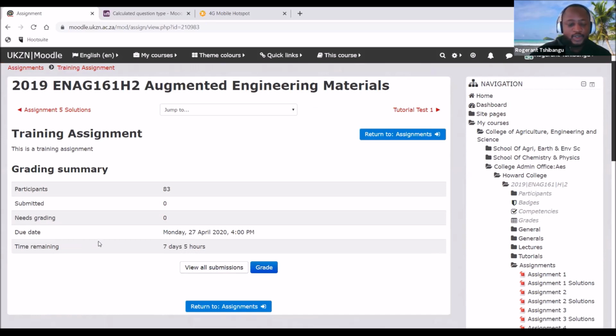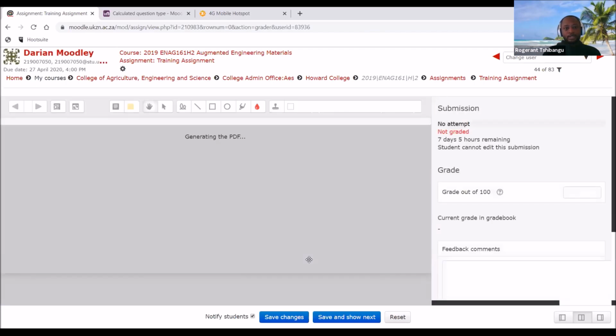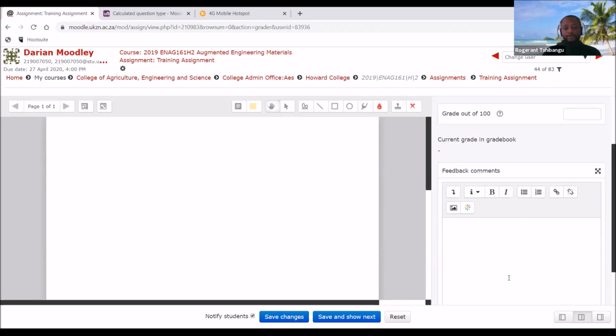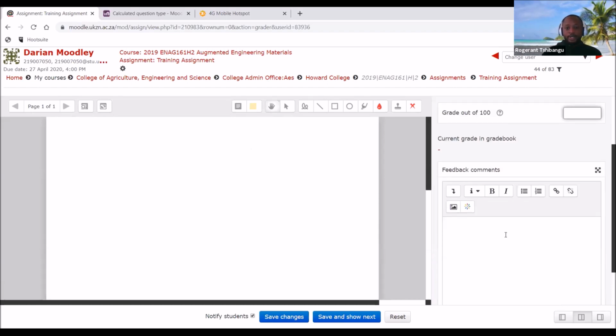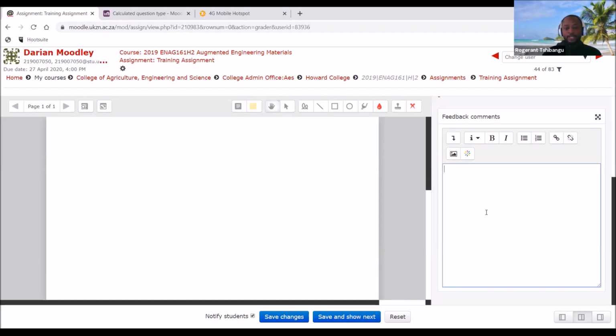Now, let's assume that you want to grade or mark, and you have any done. So you come there, on one particular assignment for a student, and then you grade. This is what you will see. The information will be appearing here, and then you can give your feedback over there, and you're going to give your grading there at the end of your marking. So you're going to see whatever the student wrote here, and then you give your feedback over there, and then you